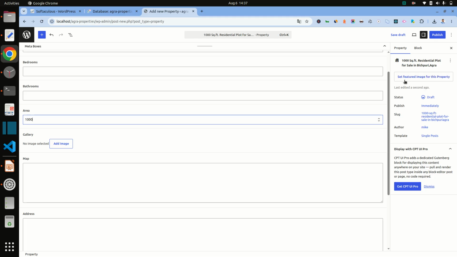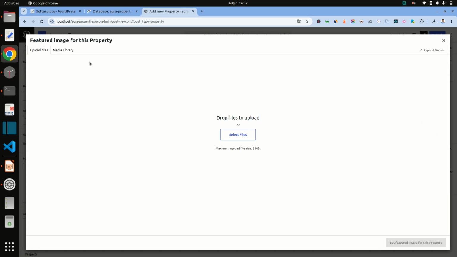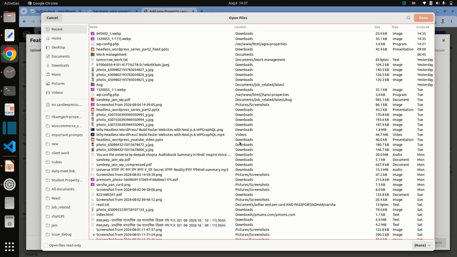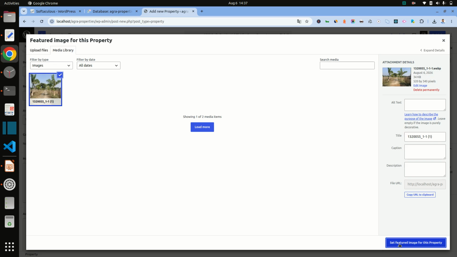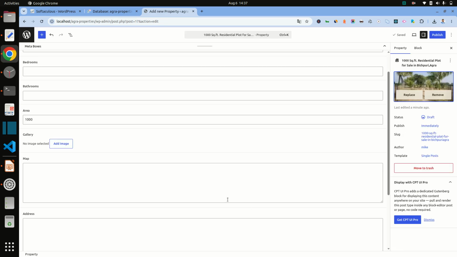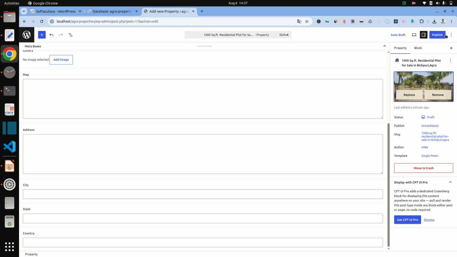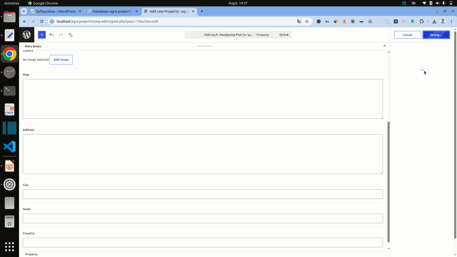And we set property for upload property here, just putting some property featured image, and click on publish.